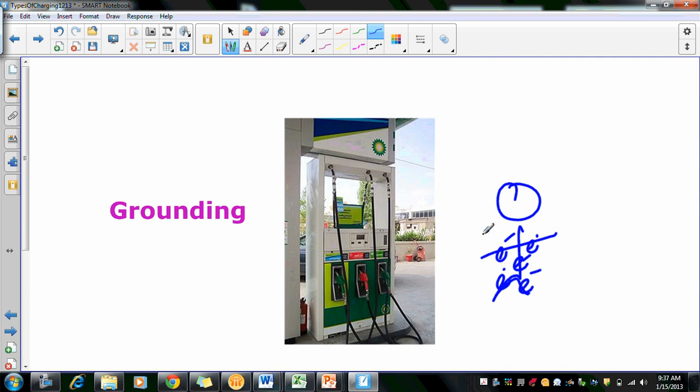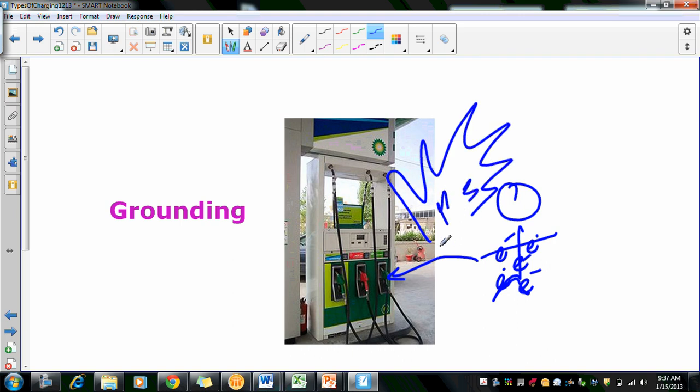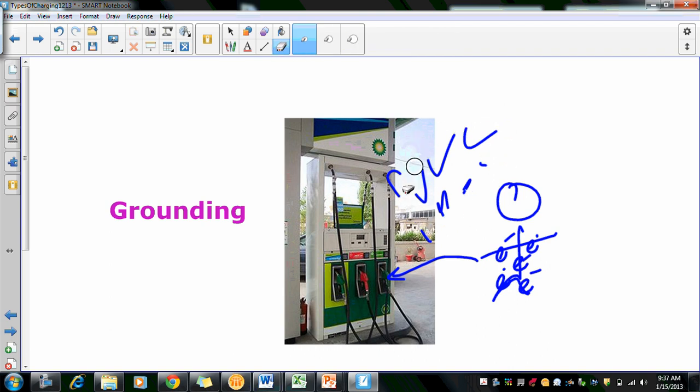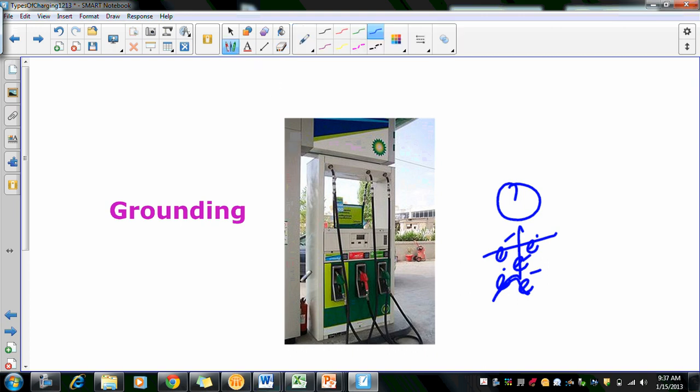Well, if you were to have this extra negative charge, and if it were high enough, and you were to grab the pump, there would be a spark that would go between you and the pump. And we have gasoline fumes plus a spark equals fire. Very bad. We don't want it to explode. We don't want anyone to explode. So an easy way to make sure that you do not have said explosion whenever you pump the gas is, if you have this built-up charge on you, this takes, what, like half a second, is all you have to do